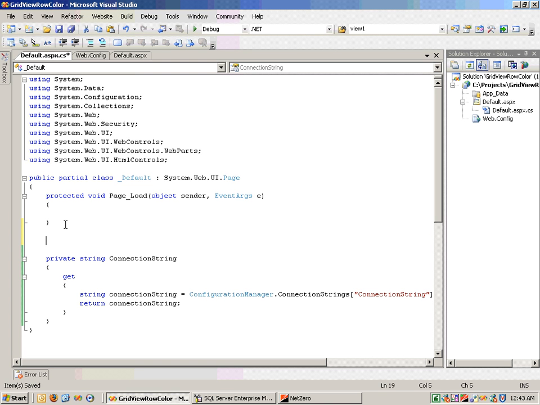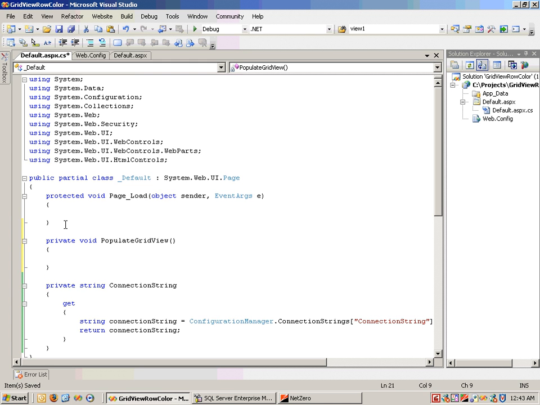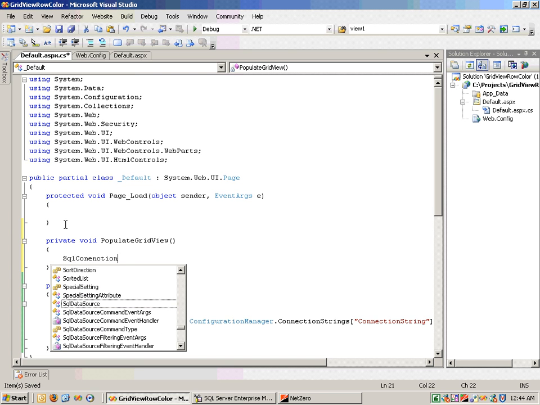My next task is to make a method that will populate the grid view. So let's make it a private method and name it populate grid view. Since I have a SQL Server 2000 running and my database and old tables are on it, I will have to make a connection. So I will say SQL connection, and you notice